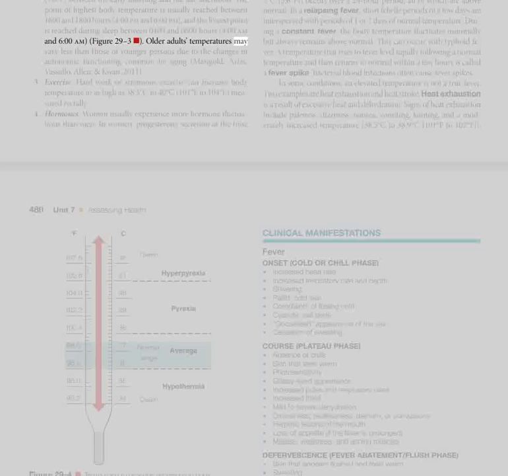Older adults' temperatures may vary less than those of younger persons due to the changes in autonomic functioning common in aging. Marigold, Arias, Vassallo, Allen, and Kwan, 2011. 3. Exercise. Hard work or strenuous exercise can increase body temperature to as high as 38.3 degrees Celsius to 40 degrees Celsius, 101 degrees Fahrenheit to 104 degrees Fahrenheit, measured rectally. 4. Hormones. Women usually experience more hormone fluctuations than men. In women, progesterone secretion at the time